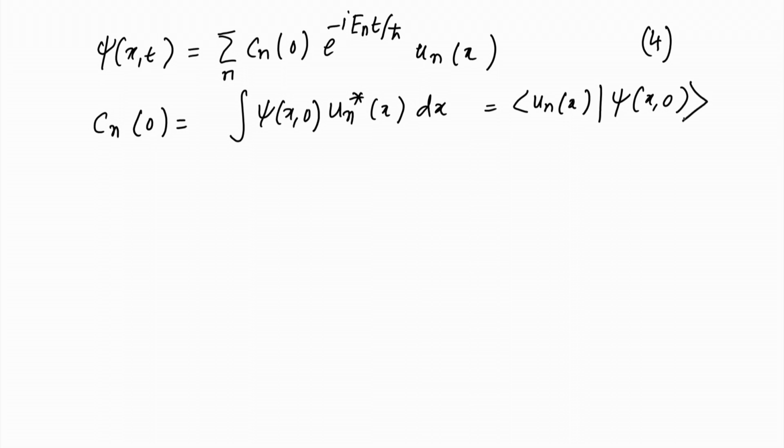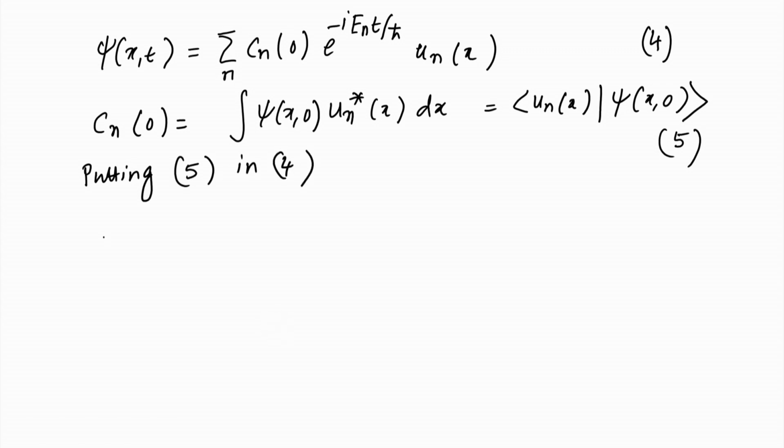So, if the wave function is specified for all x values, that is all spatial values at time t equal to 0, then one can determine C n 0, which is the value of the amplitude at t equal to 0. That tells us that if we put this, equation 5, in 4,